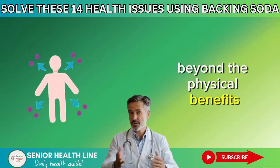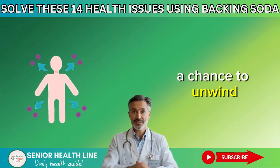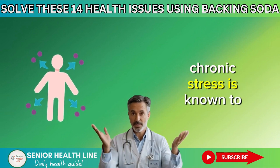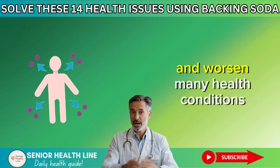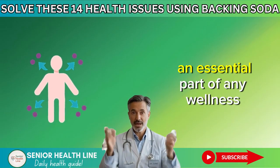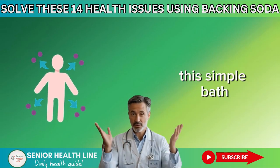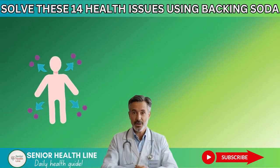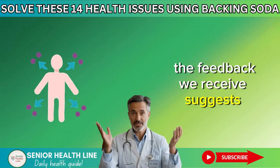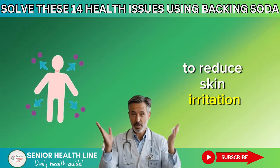Beyond the physical benefits, this ritual provides valuable self-care time, a chance to unwind, reduce stress, and practice mindfulness. Chronic stress is known to accelerate aging and worsen many health conditions common in seniors, making stress reduction an essential part of any wellness routine. Many of our viewers have incorporated this simple bath into their weekly routine as a Sunday reset before the new week begins. The feedback we receive suggests benefits ranging from better sleep to reduced skin irritation and a general feeling